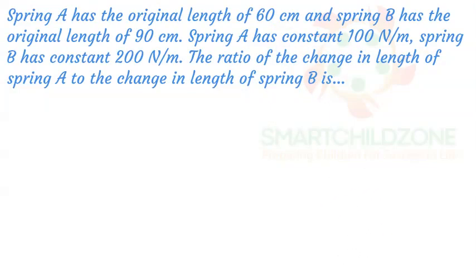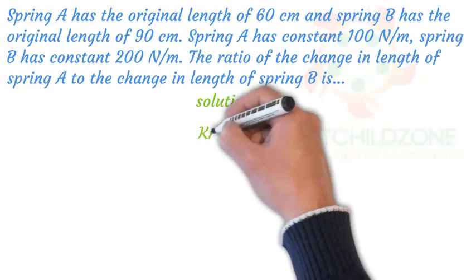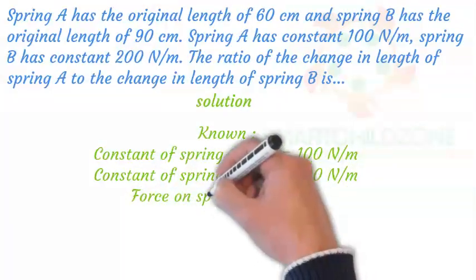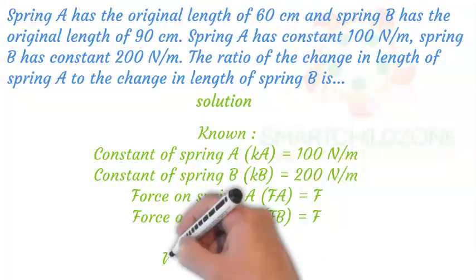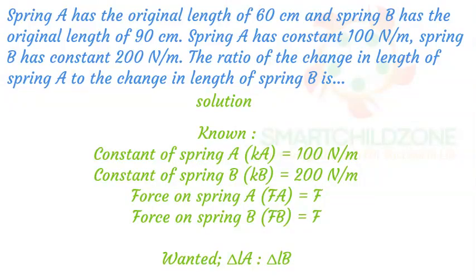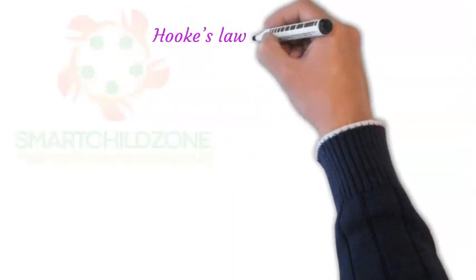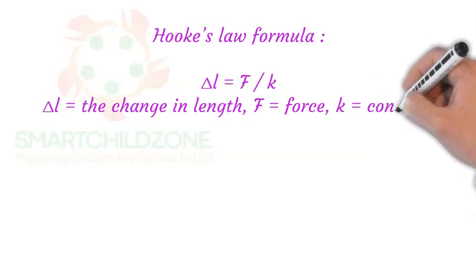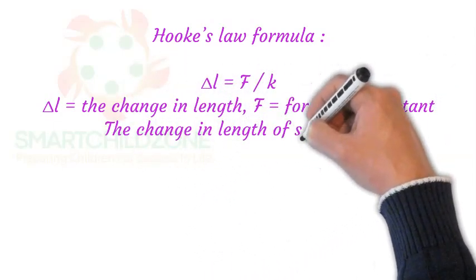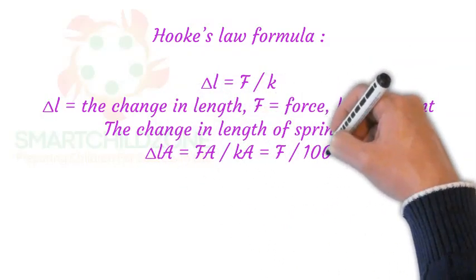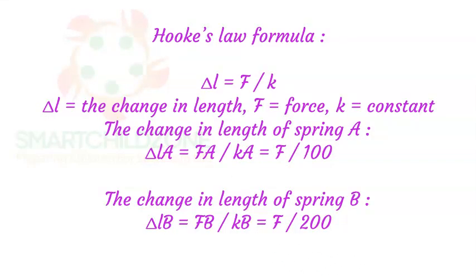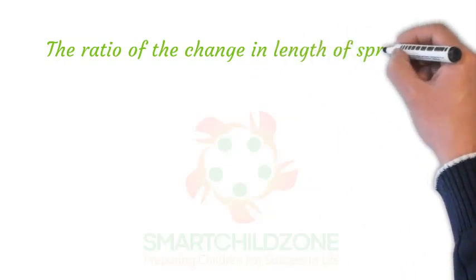The ratio of the change in length of spring A to the change in length of spring B is given as